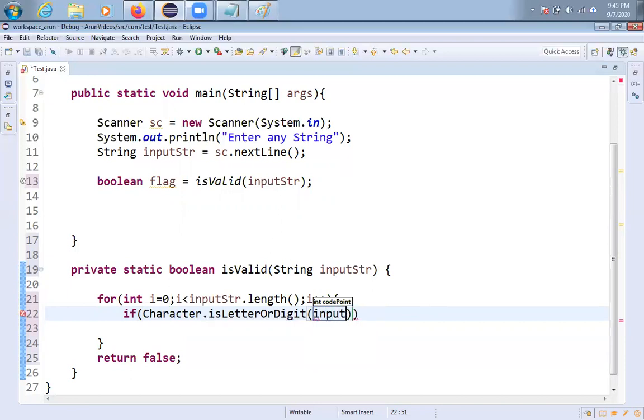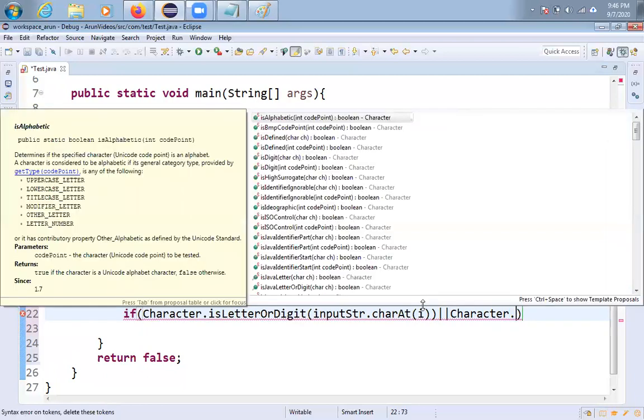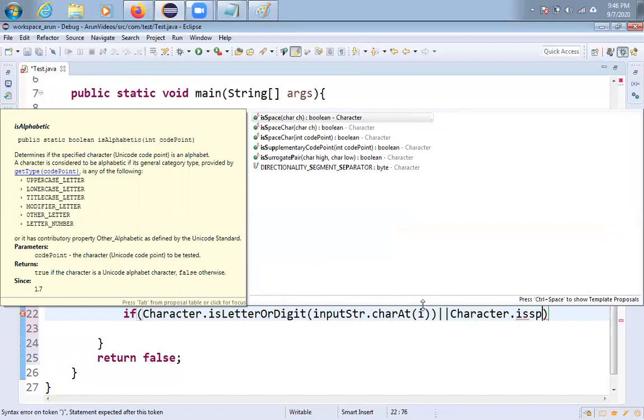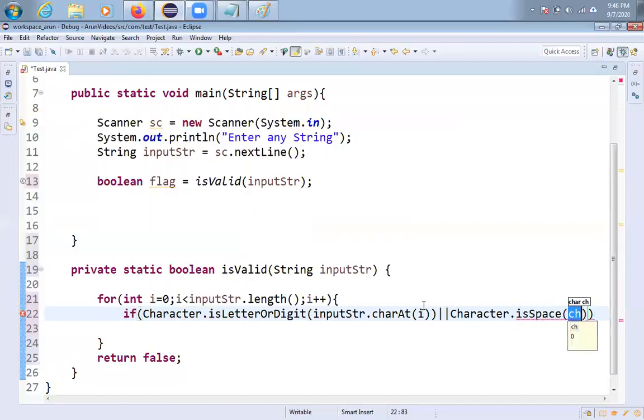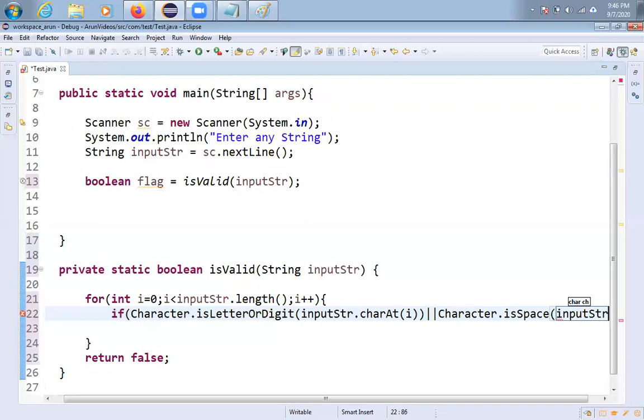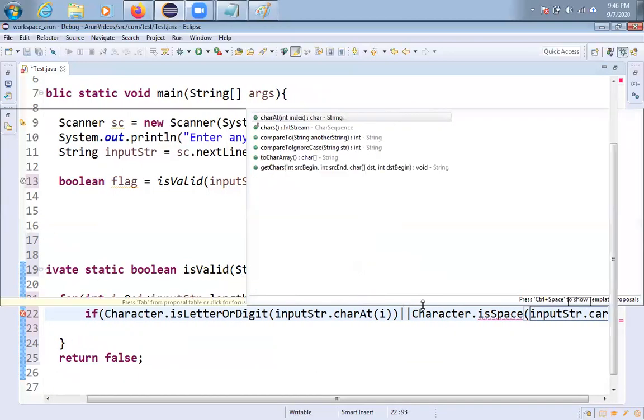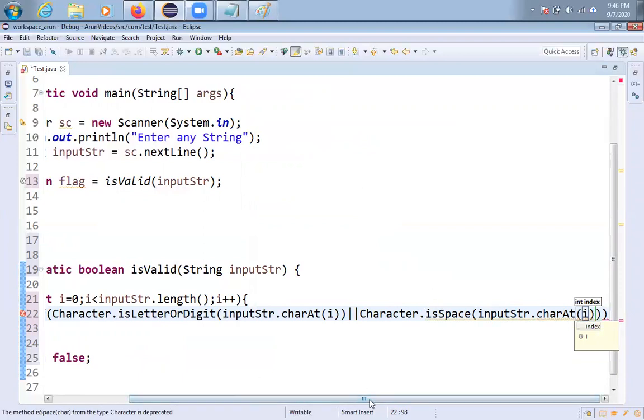Then I pass inputStr.charAt(i). Not only letters and digits, the string should contain spaces as well, right? So that is why I am checking one more condition here, Character.isSpaceChar, also with inputStr.charAt(i).